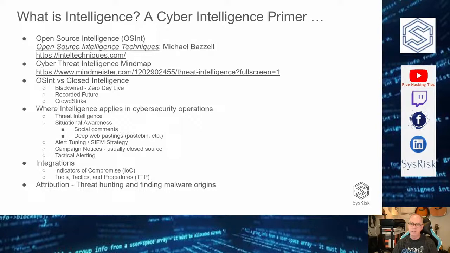Where intelligence applies in cybersecurity operations, I've already hinted at so far. A lot of times you get threat intelligence, and that's what I just showed you with 0-day log. That's what you get a lot from Recorded Future, CrowdStrike, or any of the players. But the threat intelligence itself, the reason I wrote that as a separate bullet point, and people might argue with why I did that,